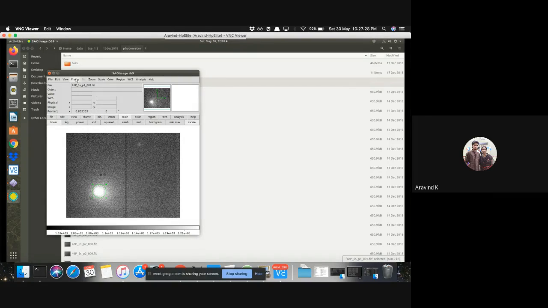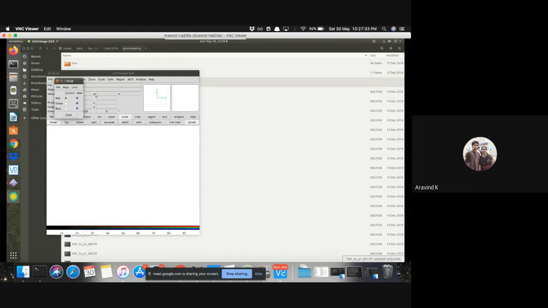Another thing that can be done is you can create BVR frames, like this is new frame RGB. I cannot show it right now, but suppose you have an image in red filter, green filter, and blue filter. There are different filters for photometry, and you need to create a fabulous image of a galaxy, molecular cloud, or a supernova. You take images in red, green, and blue filters, add them to DS9 in this order, and then apply some energy filters, and you will be able to create an image which you see.